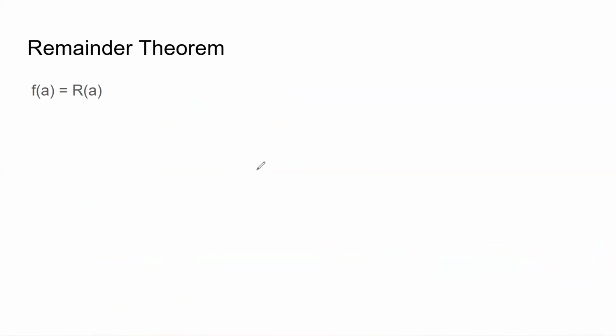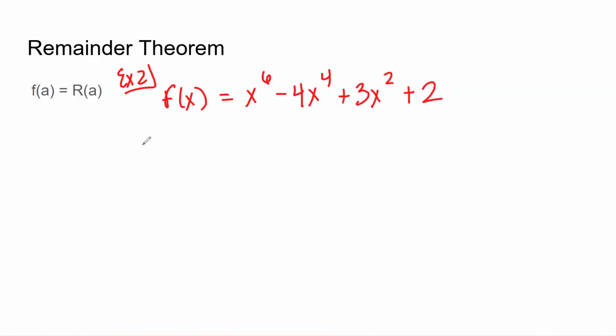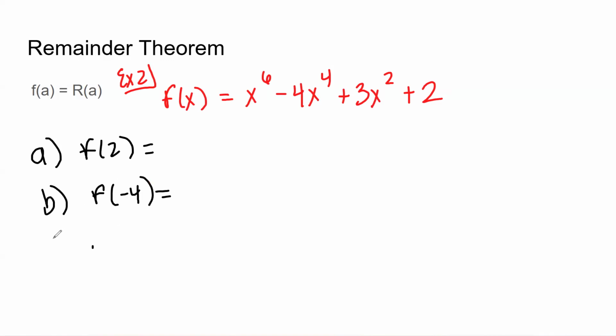All right. We have a new function, f of x. So this is example 2. New function f of x is x to the 6th minus 4x to the 4th plus 3x squared plus 2. And I'm going to go ahead and just put all the questions up. A, we want f of 2. B, f of negative 4. C,